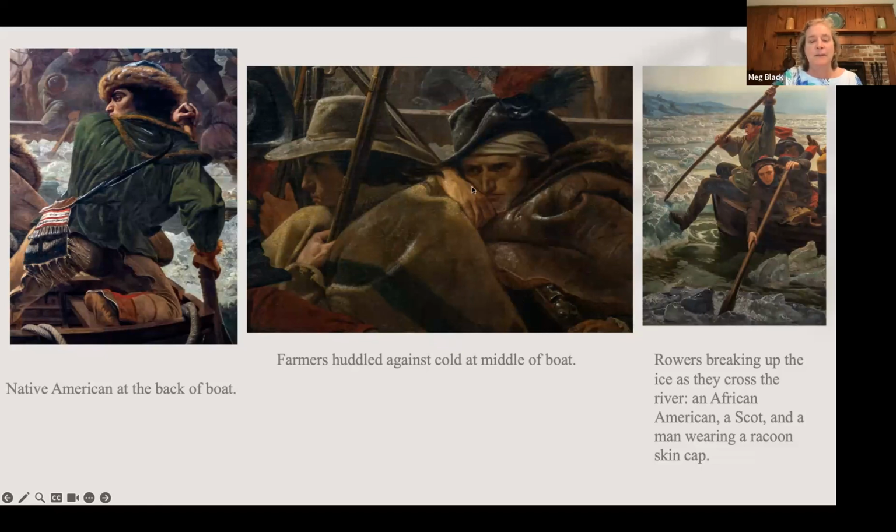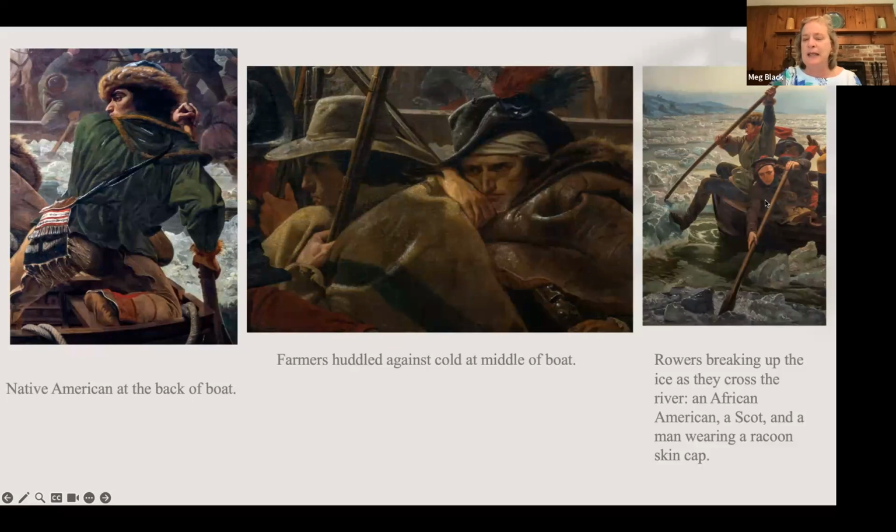But look at their expressions. They're deep in thought. The war was going very badly for Washington. This would have been their first major victory, and they are victorious in this battle. But up until then, they are losing badly. And we notice that this guy has just a basic cloak on, whereas this guy is much better dressed. We get the idea from his fancy hat with the feather, versus his old cap, that these, again, are men of two different class systems, but they're fighting for the same cause.